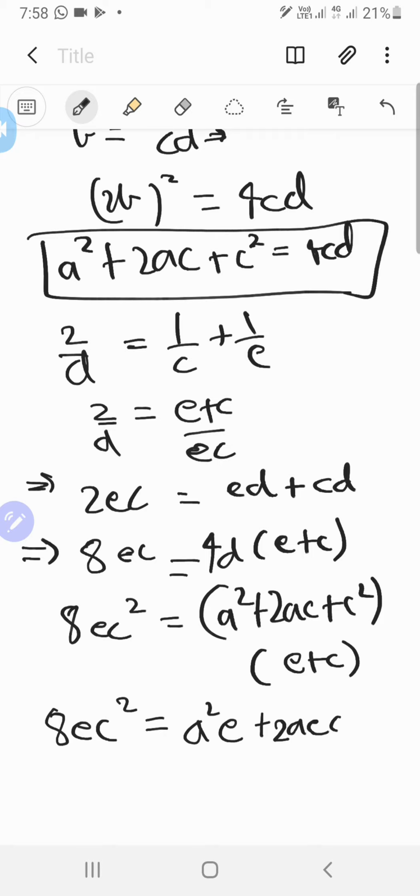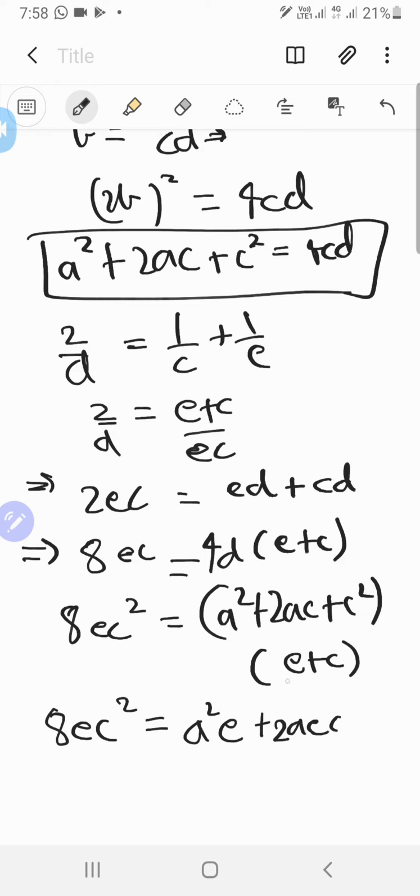Yeah, I did multiply by DC. That's why I could write it like that. A squared plus 2AC plus C squared. That's why this is very weird. Was not expecting this to work. I don't think it's going to work.